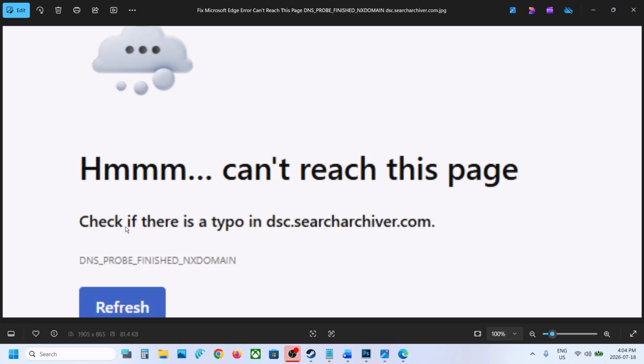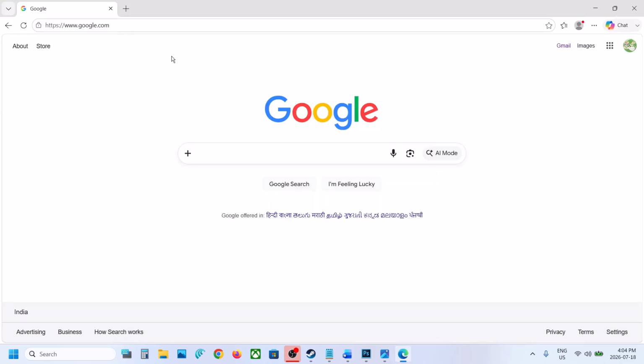To fix this error, that is "Can't read this page, dsc.search-archiver.com DNS_PROBE_FINISHED_NXDOMAIN", if you're receiving this error on Microsoft Edge, then please follow the steps shown in this video. To fix it, you can go to Microsoft Edge and then you can go to these three dots and then